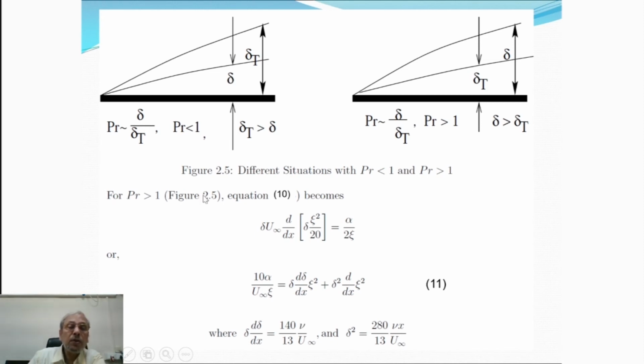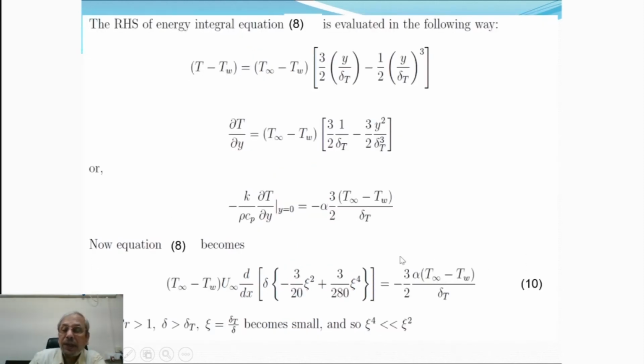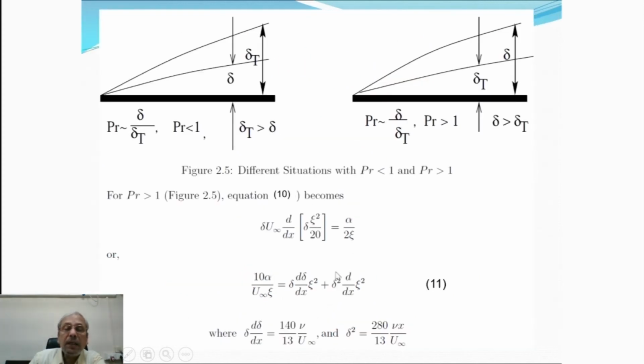So with Prandtl number greater than 1, then this equation 10 which we have written, we can drop this term and we can write delta u infinity d/dx of delta into zeta square by 20 equal to alpha by twice zeta. And then from here we transfer 10 to this side, 10 alpha by u infinity into zeta, and here d/dx of